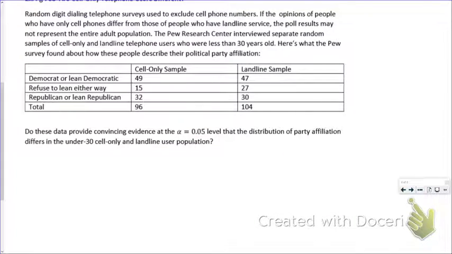So I guess this research center is interested if phone usage is at all different across different political affiliations for people under 30. So let's write that, or something like that, in our null hypothesis. Type of political affiliation is the same